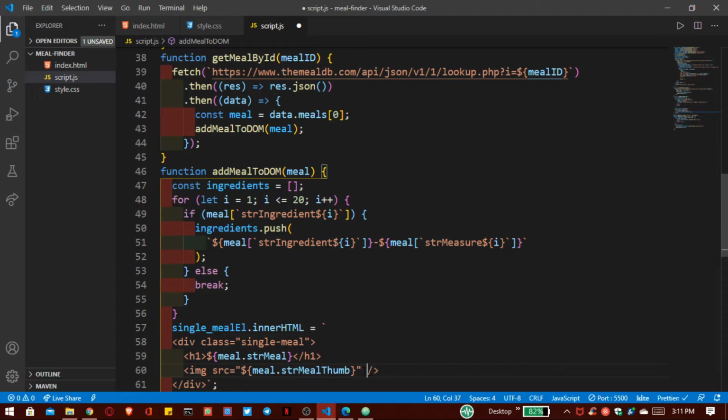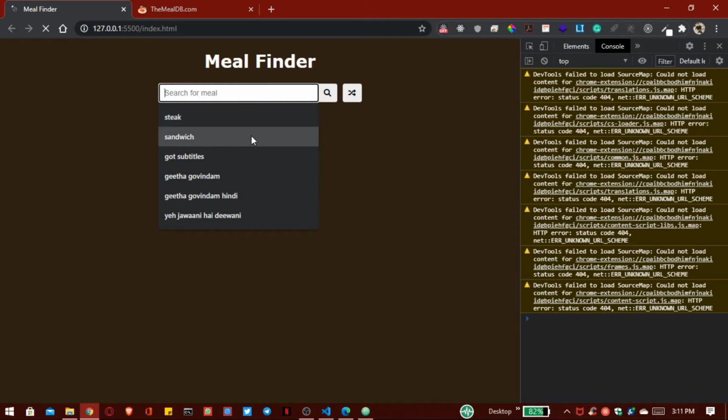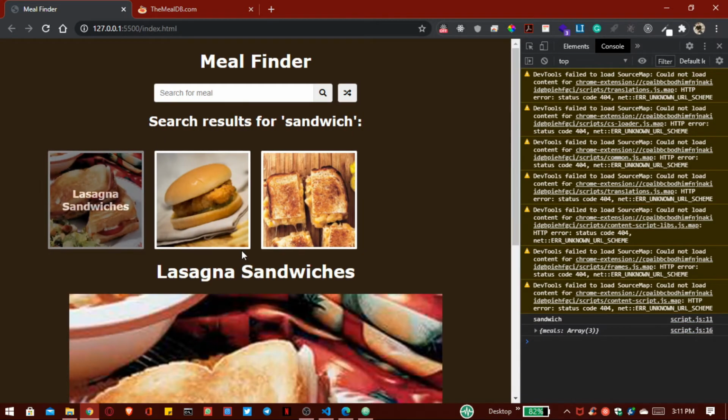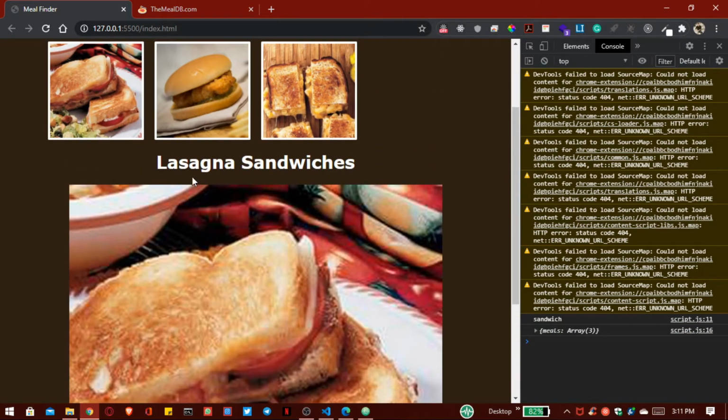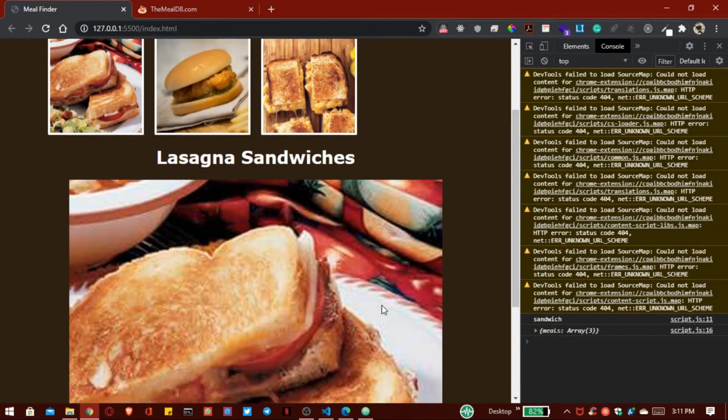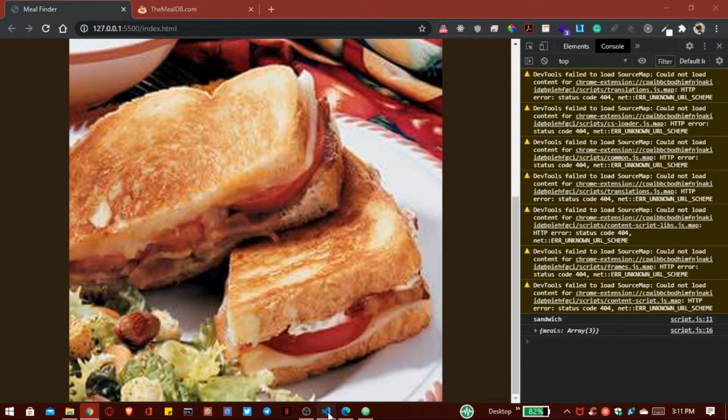After that, we also have to write our alt. Inside that, we have to print our meal name. So str meal. Then save this, and here you can see along with that name you can find our image also.